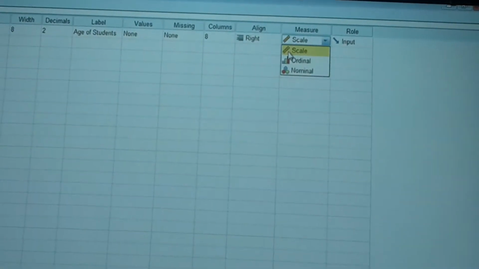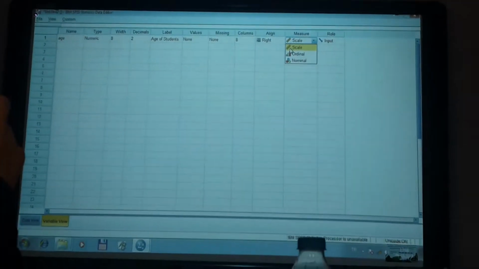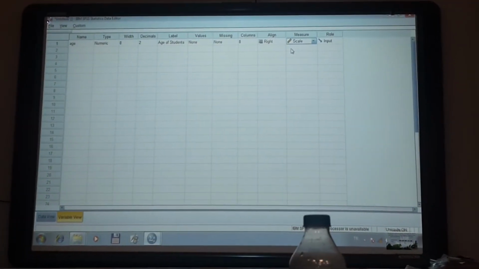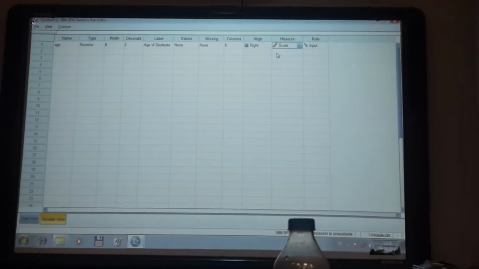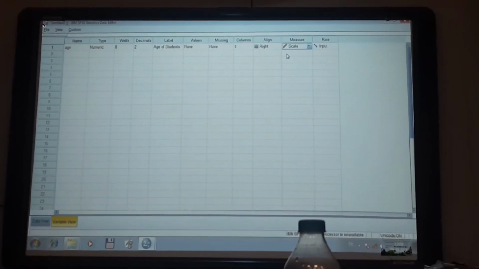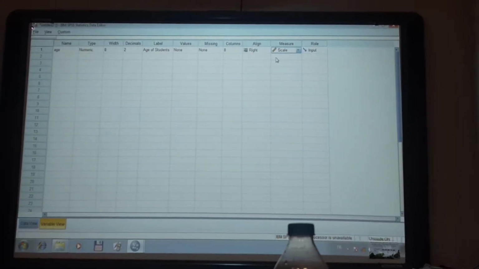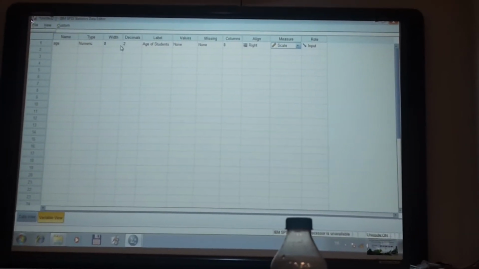Still 2 digits? Yes. His age as a student, 2 digits. So 2 digits is enough. And it's a scale. Why should I say scale? Because it has a measurement. Age is measured by years. Right? So, what I'm going to do is I'll define